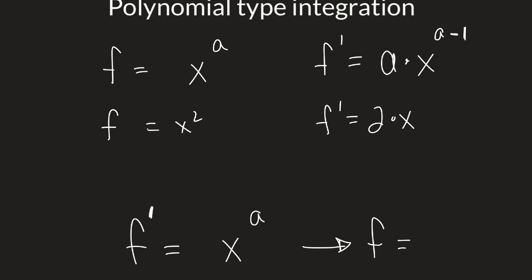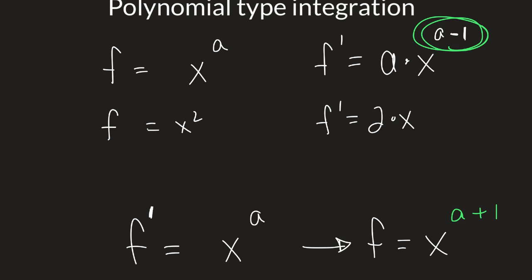So we're going to kind of undo our derivatives. Our derivatives said we had to subtract 1 from the power. So if we're going to undo our derivative, that means we have to add 1 to our power, a plus 1. So we add 1 to the power of whatever your function happens to be in your integral,